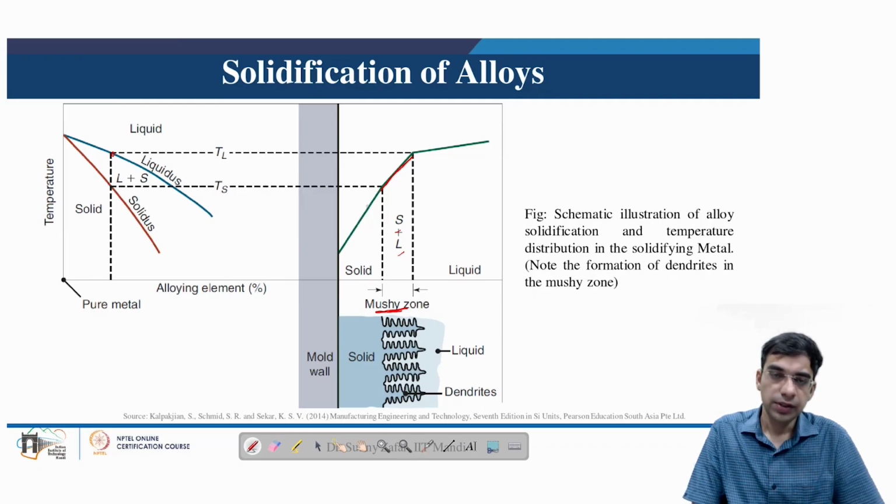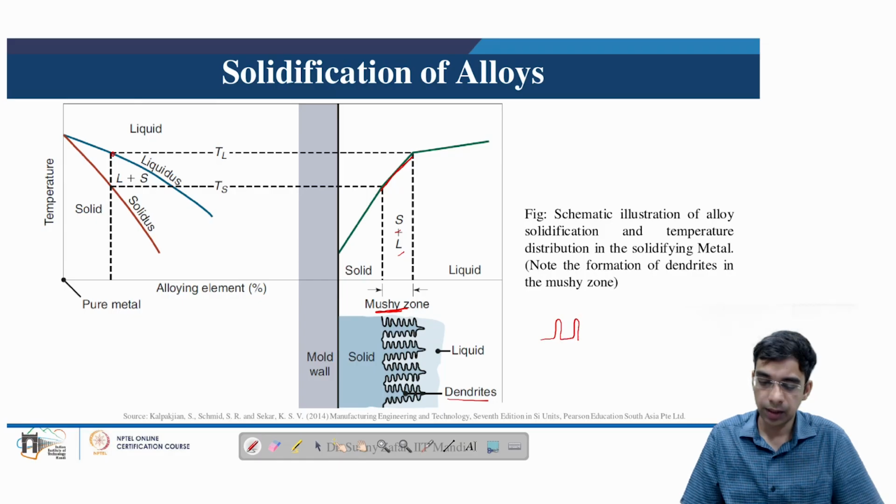Now, controlling this solidification rate can largely control what happens in the mushy zone, which is characterized by the presence of dendrites. These dendrites are like arms which are spaced out in three-dimensional space, and the presence of dendrites has important effects on compositional variation, micro segregation, and micro porosity, which need to be taken care of. So in solidification of alloys, the rate at which the alloy is cooling largely decides the size and orientation of these dendrites.